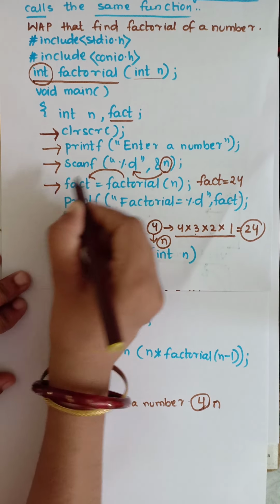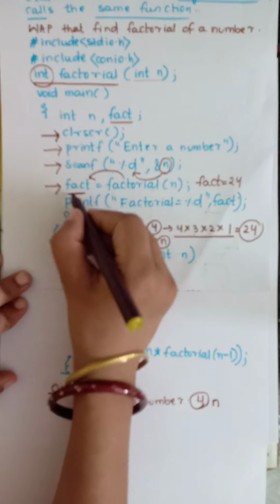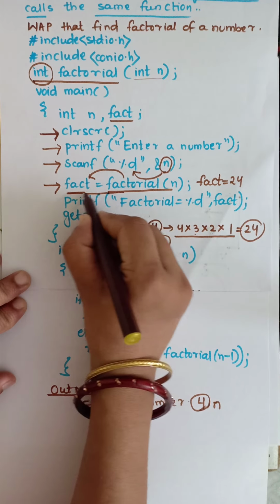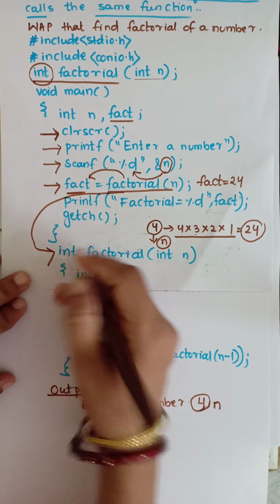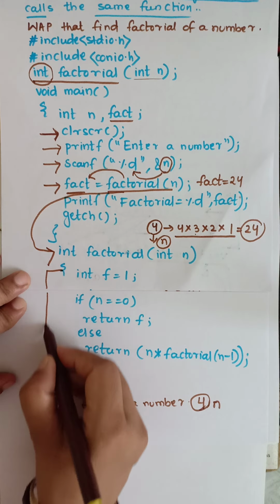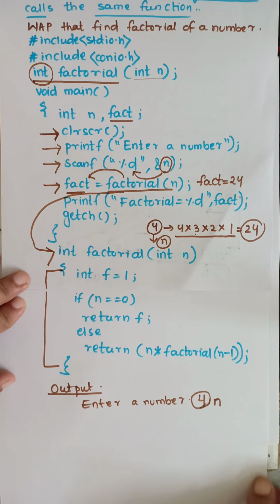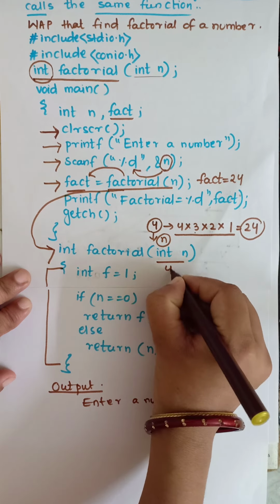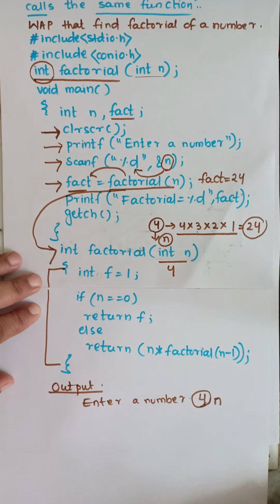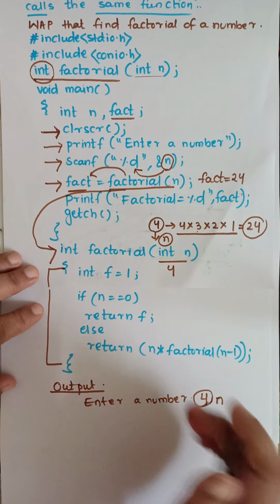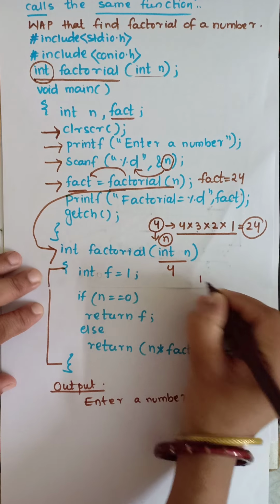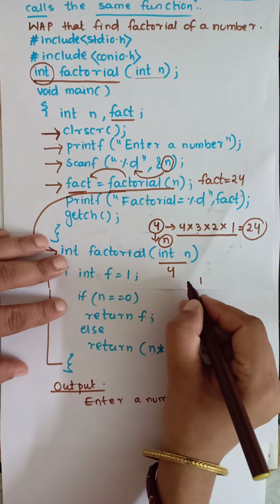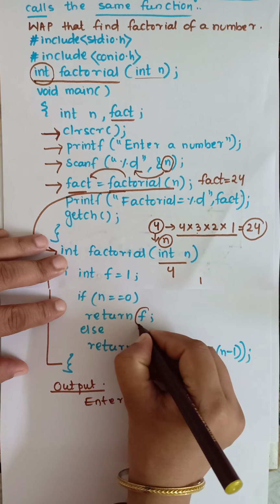Next I come to this line, the fact variable. Here I write fact equals, I call the factorial function. So when I call the factorial function, it comes to this function part. This is my factorial function operations. I write here inside this. Okay, so now what value do I pass here? n equals 4. So I use here one condition. If n equals 1, okay, then the result is only 1. So here I write int f equals 1. I initialize the f value to 1. This is the f value.